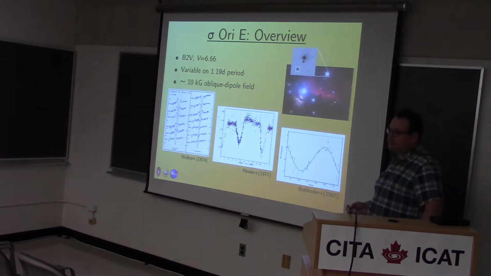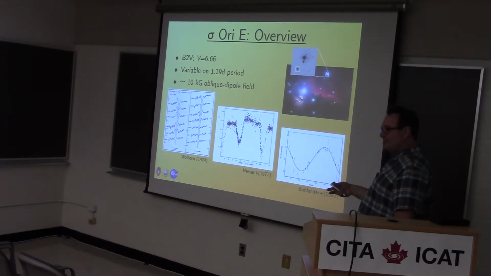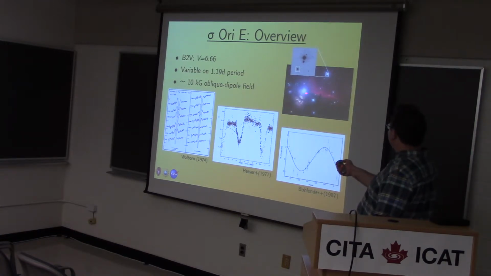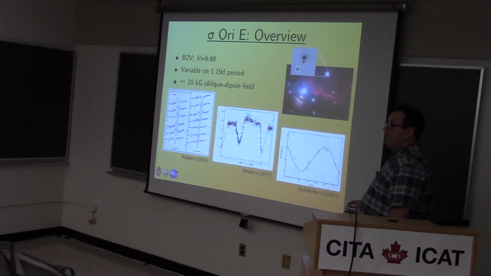Sigma Ori E is perhaps the most famous star. So to give you a bit of orientation, does anybody recognize this little splodge here? It's the Horsehead Nebula. Okay, so it's turned on its side. So actually, Orion's belt runs like this, and this is the left-hand star of Orion's belt, assuming we're in the northern hemisphere, which last time I looked outside we were. So this is Alnitak, Zeta Ori. This is the Horsehead Nebula. Now, just here, there's a sort of brightish star. This is actually the Sigma Ori system. It's a hierarchical system. The brightest dot here is Sigma Ori AB, a colliding wind binary, and that's the source of the ionizing radiation that lights up the Horsehead Nebula.